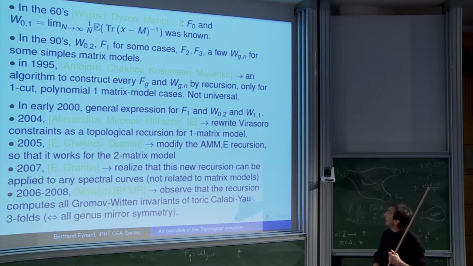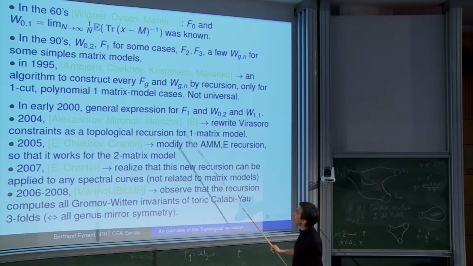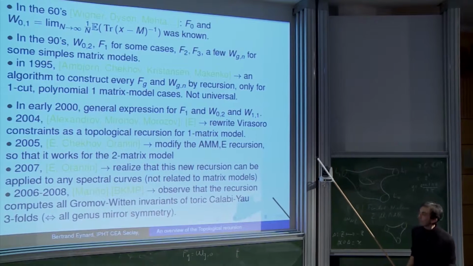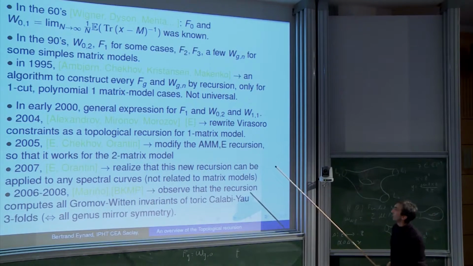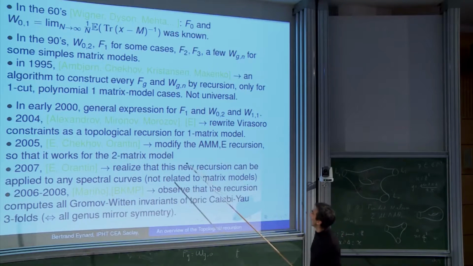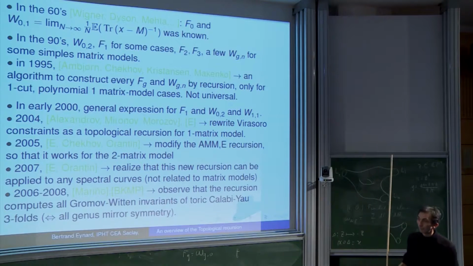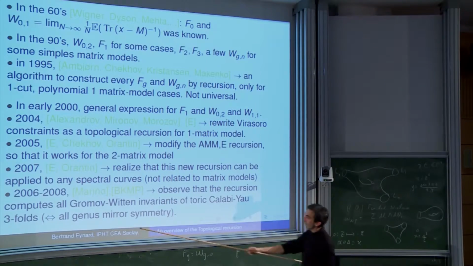we used two different methods. The Russians used the Virasoro constraints to find a relationship among the WGNs. I wrote the loop equations, which is very related to Virasoro constraints. But we were able to find a recursion for those coefficients. And this recursion looked very universal. It was nearly that one.